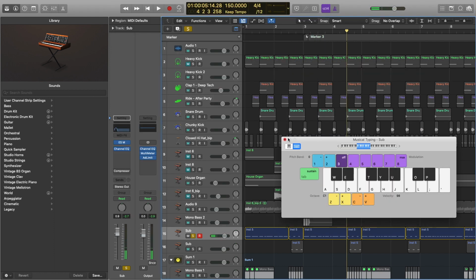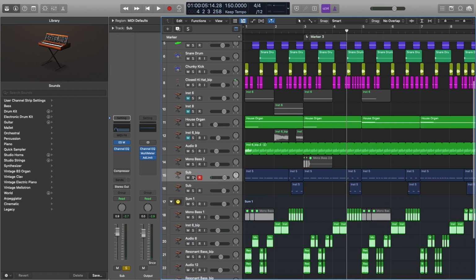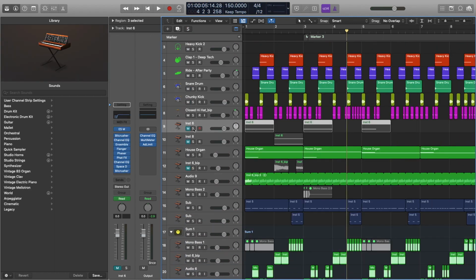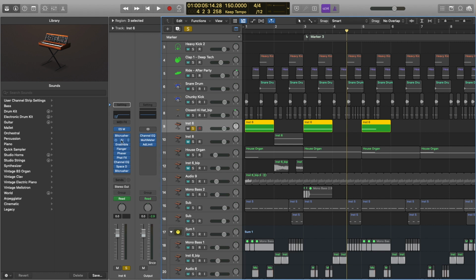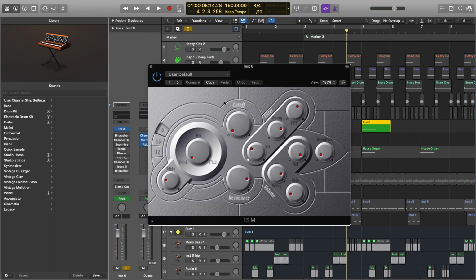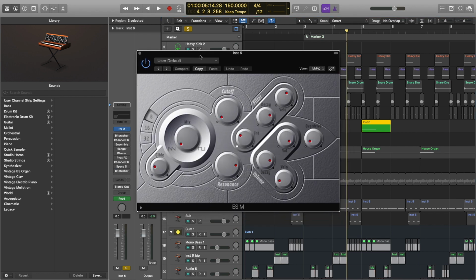The next thing that I did was, I think, one of the main basses. So I believe it's this instrument 6. So I have a ton of effects, so I'll kind of go through what I did quickly. But I'm going to turn these off and show you what I did. So I just took a default mono synth,